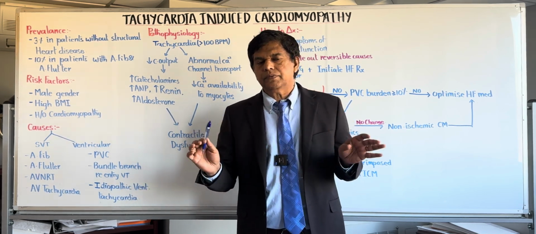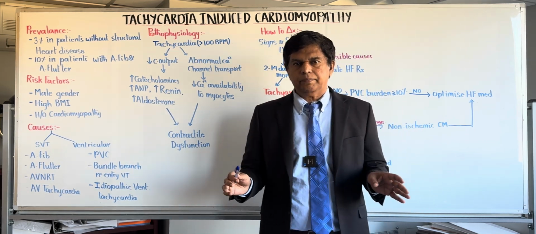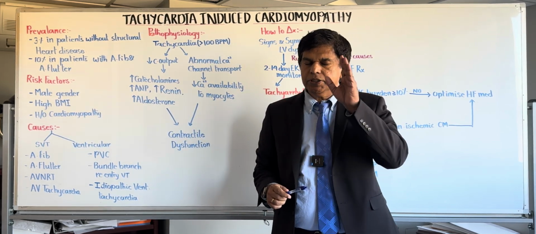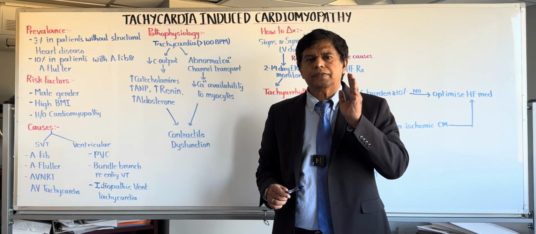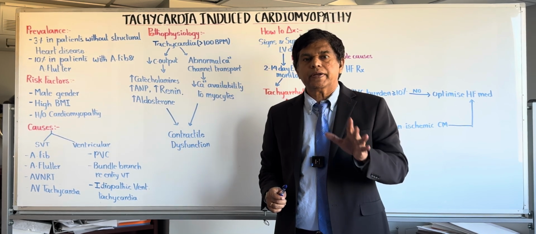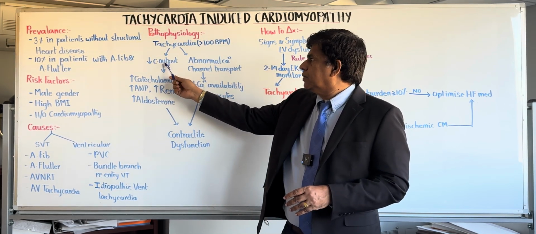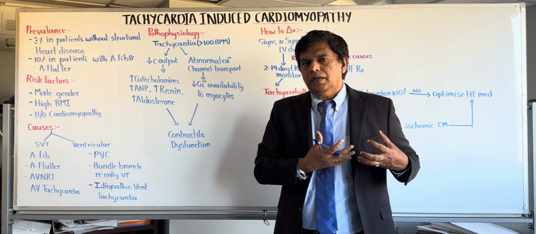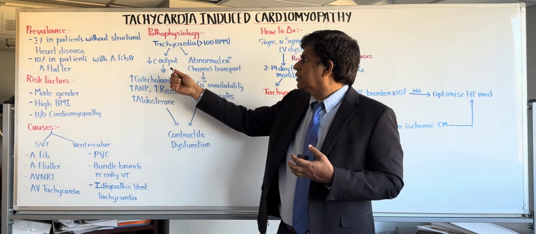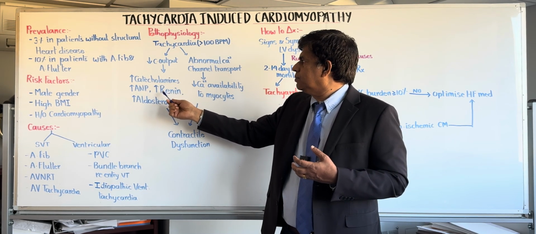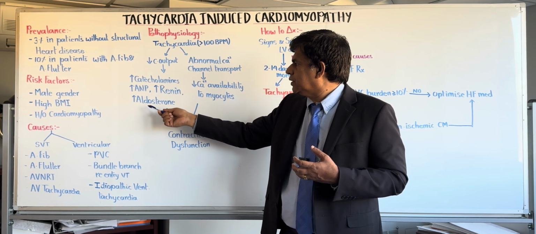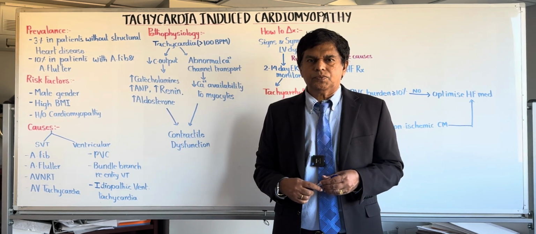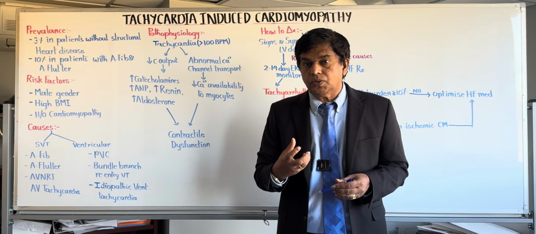Okay, now everything we need to know about the pathophysiology, what happens. Keyword: tachycardia greater than 100 beats per minute. You need to know that. When somebody is writing the question, the heart rate is going to be greater than 100. Everybody knows that when the heart starts beating fast, what's going to pull the blood into the ventricle? So you can have decreased cardiac output, increased catecholamines, increased ANP, increased renin, increased aldosterone. The contractile dysfunction is going to happen. So what's going to happen? Ejection fraction is going to go down.